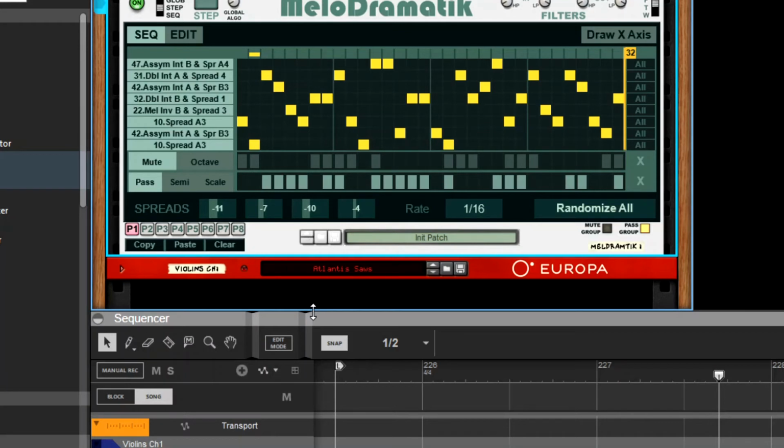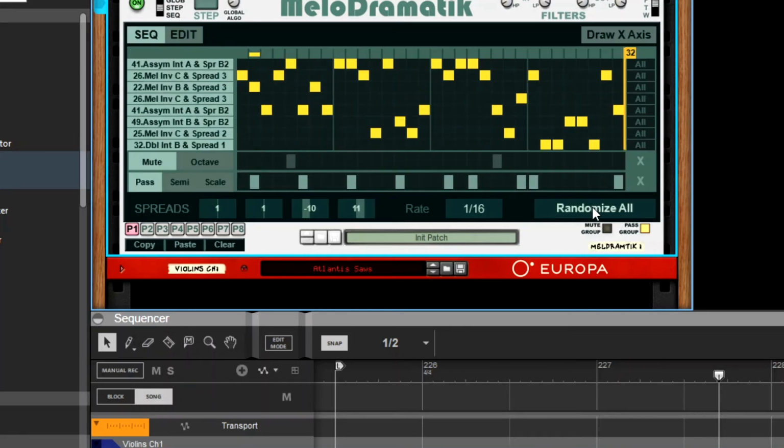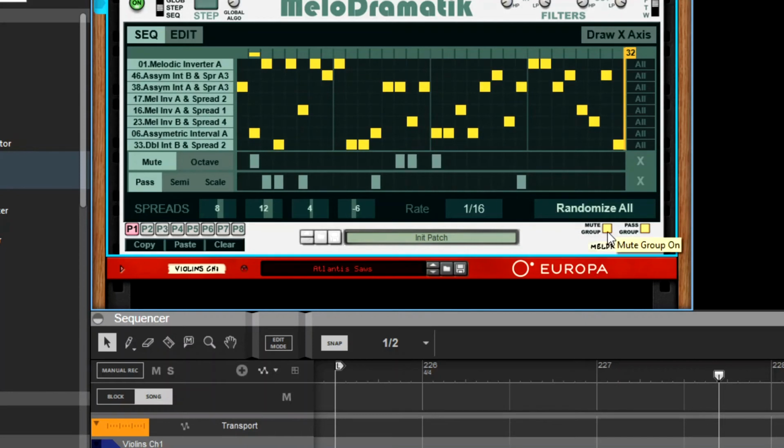This being the case, it means that you will probably get best results with lower amounts of mutes and passes. And thus, rather than having it as 1 and 2, set it to 1 and 4, 1 and 5, 1 and 6, something like that. And then when you hit randomize, you get much less of them, so it won't bash it about quite as much. So we're going to go back into the sequencer mode now,